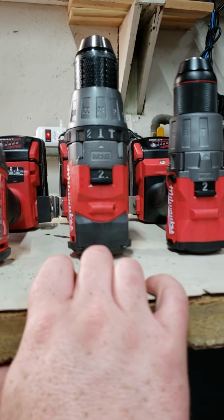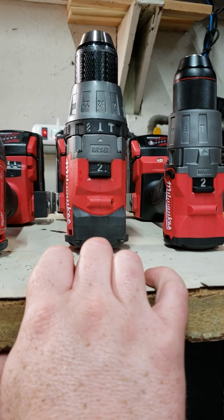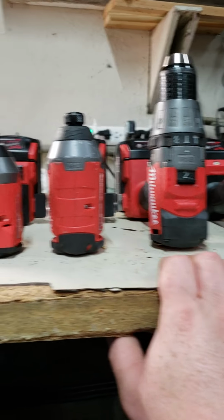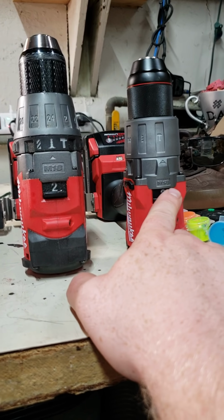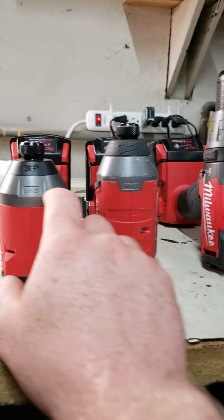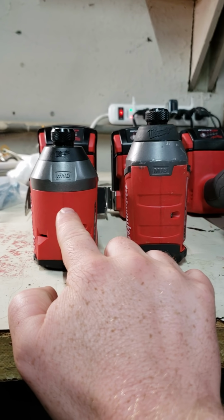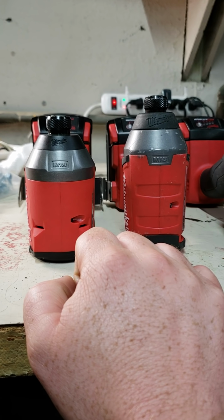Whereas the hammer drill, I really only use to bore 1/2 inch holes through wood or stucco, to run cabling, RG6 coax. Anyways, I haven't even run the hammer drill yet, because I'm really focusing more on the impact. I did run the impact head to head with the Gen 2 versus the Gen 3. And then just for kicks,